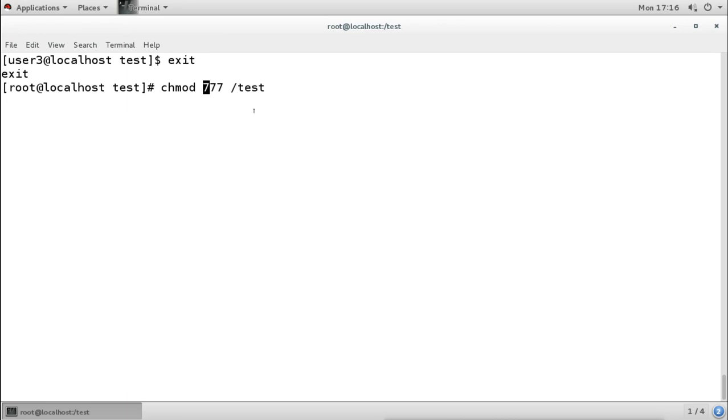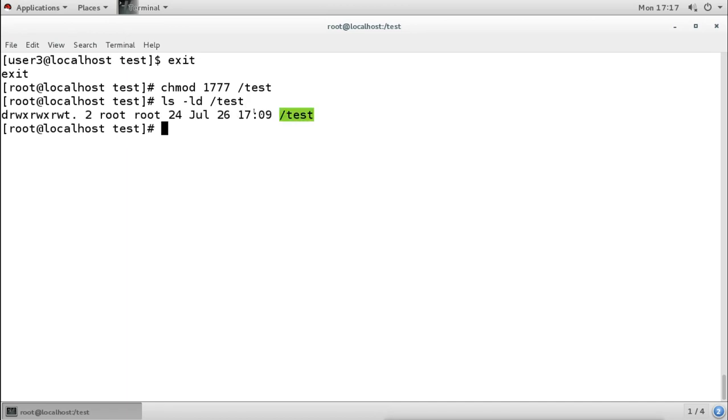Remember, if you don't add anything, it will always remain 0, whether you mention it or not. Normally we don't mention it, so it remains 0. Now we want to enable the sticky bit, so we will use 1 here. When we use 1 here, that means we are enabling the sticky bit on this directory.